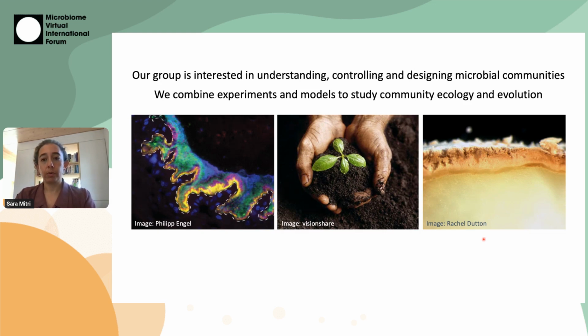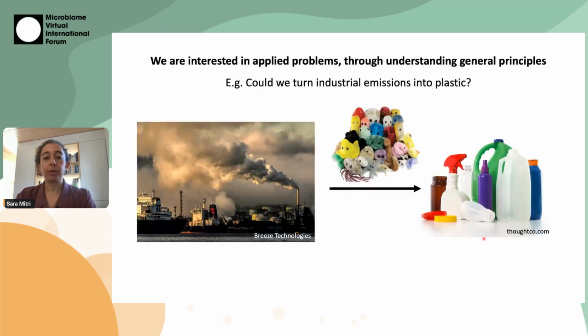So even though we're a general principles lab, we also always like to have a target application in mind that helps to guide our research towards something useful. So here are a couple of examples. One would be if you could build a community from scratch. You would choose certain members of different microbial species and put them together to convert greenhouse gases into useful